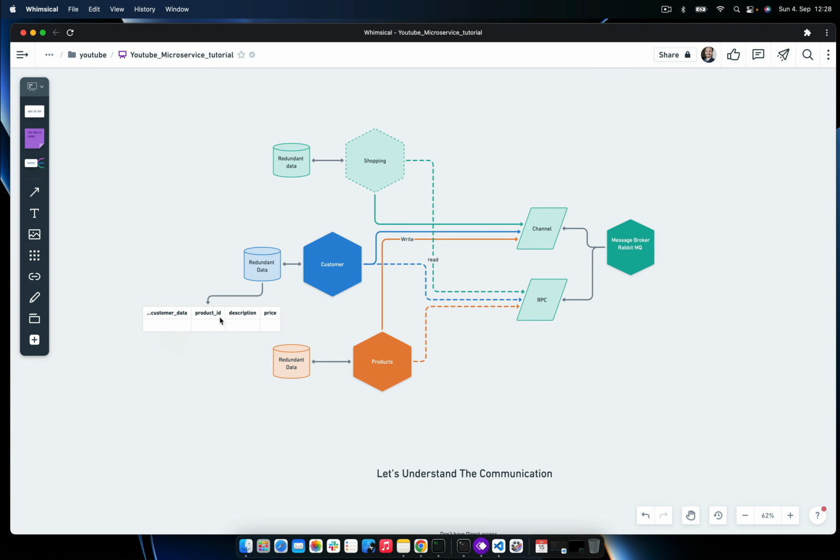Here in the customer service, we have all the customer data along with some redundant data in terms of product ID, description, price and other stuff, which also resides in the product DB. And while we are dealing with shopping, it also resides in the shopping DB. So to get rid of all this, with the help of RPC that can be resolved. So what we are going to do is, while writing the data, we will write